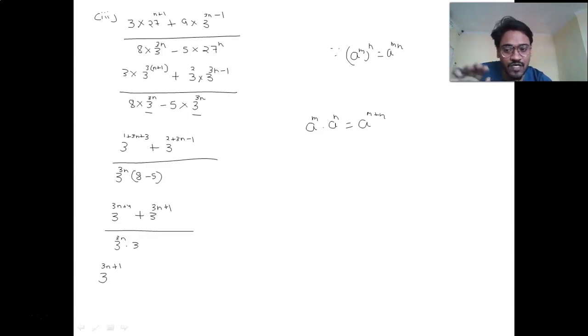अच्छा, मैं ऐसा क्यों लिख रहा हूँ वो भी आपको समझ में आएगा. 3n प्लस 1 प्लस 3. नाउ अब ये जो प्लस 3 है, अगर मैं उसको ऐसे 3 की पावर 3 मल्टीप्लाई में लिखूं तो इट इज द सेम एक्सप्रेशन. आप चेक कर सकते हैं, जब ये पावर दोनों ऐड होंगी 3n प्लस 1 प्लस 3 तो मुझे न्यूमरेटर मिल जाएगा 3 की पावर 3n प्लस 4. अच्छा, ऐसा ही क्यों करा? आप देखें नेक्स्ट टर्म के अंदर भी 3 की पावर 3n प्लस 1 ही है, तो अब मैं क्या कॉमन ले पाऊंगा? तो जो स्मॉलर पावर होती है वो कॉमन आ जाती है.